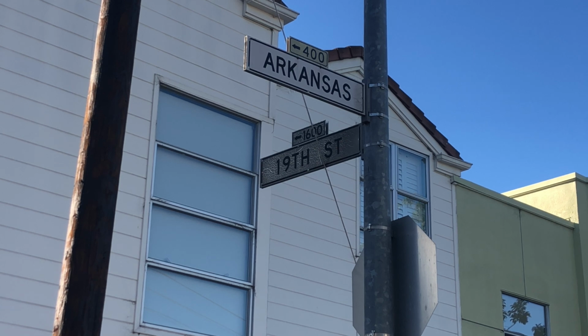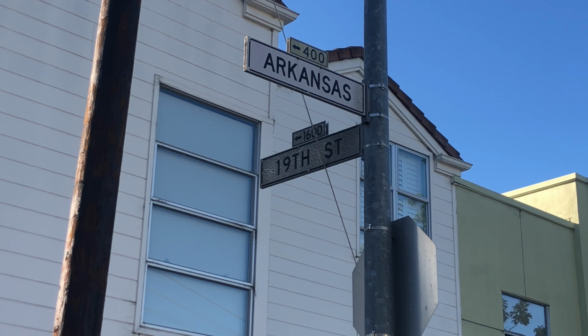Now approaching the 1600 block of 19th Street. The cross street is Arkansas. Now, before we continue going westbound on 19th Street, I want to show you something else you need to be aware of. If you're driving a large vehicle through the neighborhoods that have steep hills like Potrero Hill,